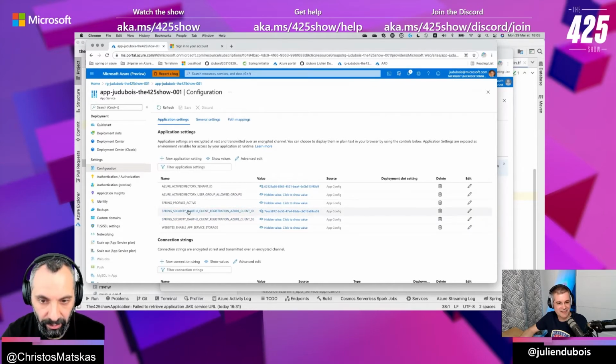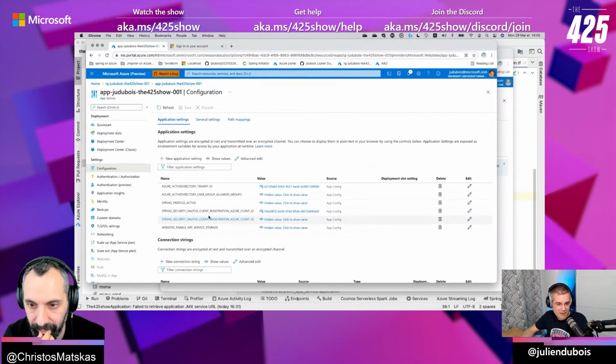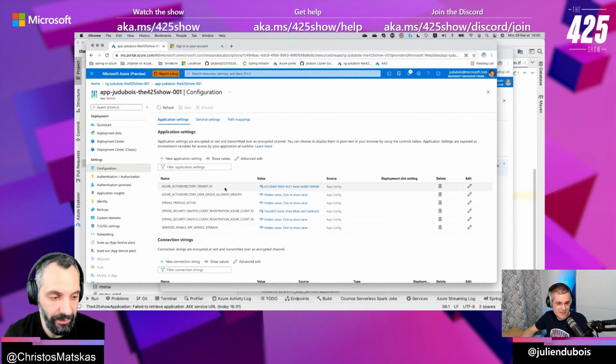So you need three things. This is so long, it's very easy. That's one of the issues with that type of configuration: here I need to type the environment variable correctly, and it's so easy to mistype something. So maybe I got something mistyped here, and it's impossible to know. The reason you're getting that is because it tries to authenticate correctly. You go to Azure AD, you go to your tenant, and then it tries to return the token back to you. But it says, wait a minute, the thing I have configured in my Azure AD app registration does not match the destination I have to go to. So the mismatch is there.